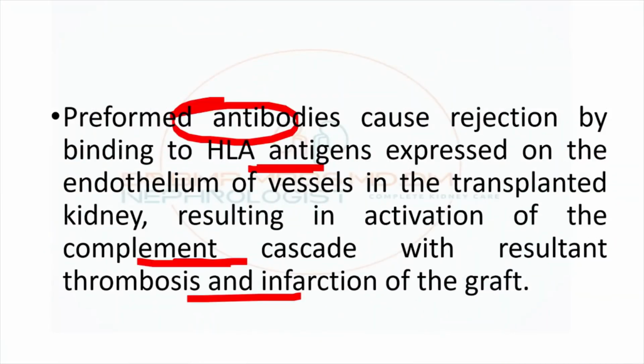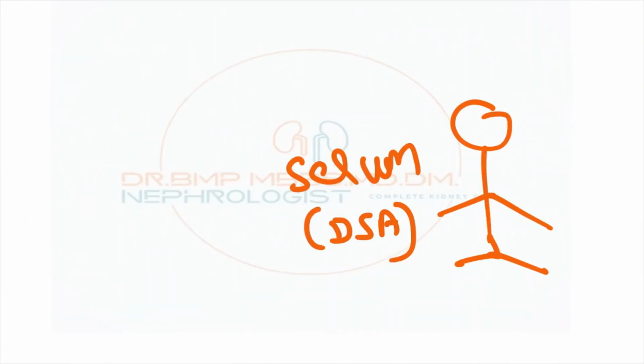Till here it is clear what our role in the investigation is: to detect the antibody in the recipient who is going to receive the kidney, to see whether the recipient will be having that antibody. The antibody will attack the donor. So donor,